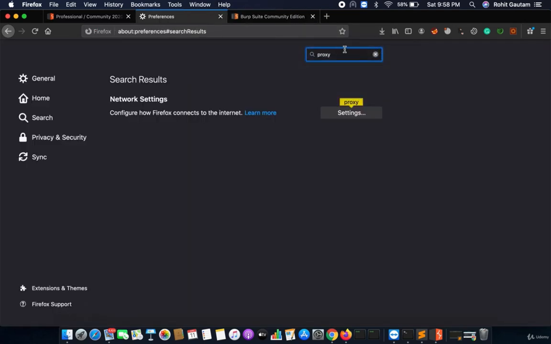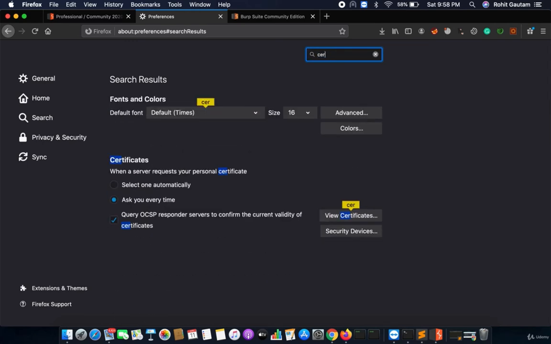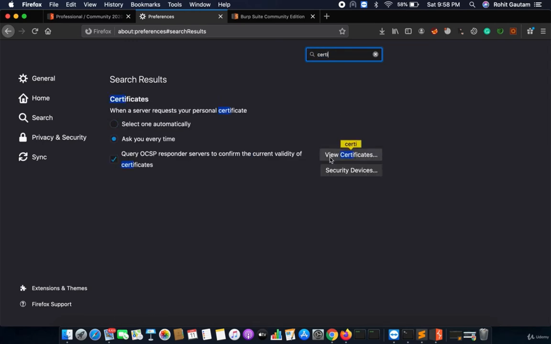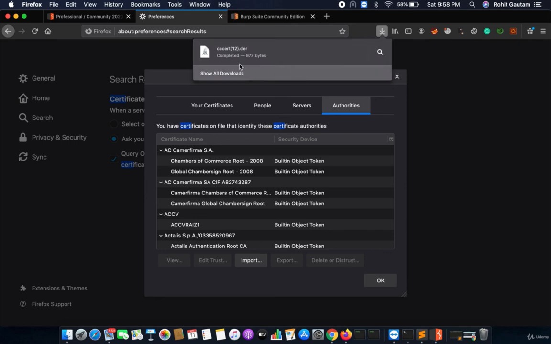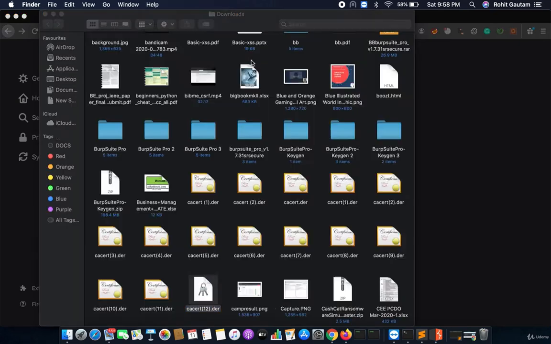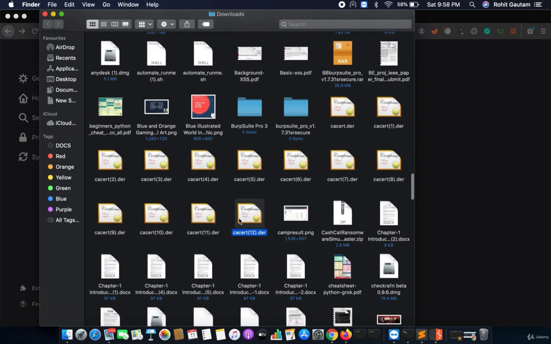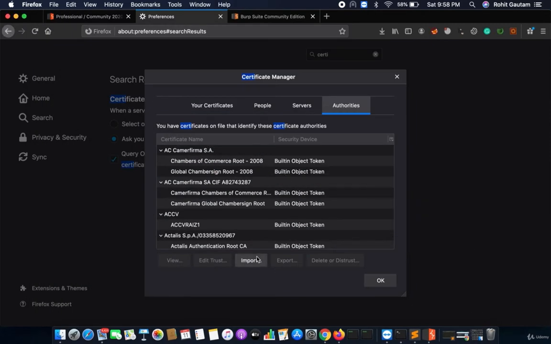Now I will again go to the Preferences or Settings, you can say, and I will search for certificate. As we have to install the certificate here, I will click on View Certificates. And in the Authorities tab, which is the last tab, I have to go to the Import button at the bottom, as you can see over here. I will see the path of the certificate. The certificate is over here. I will just click on Import